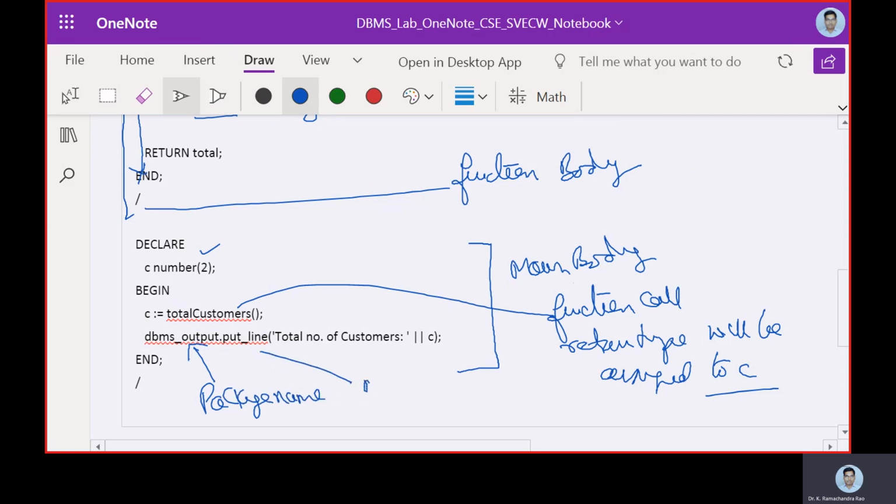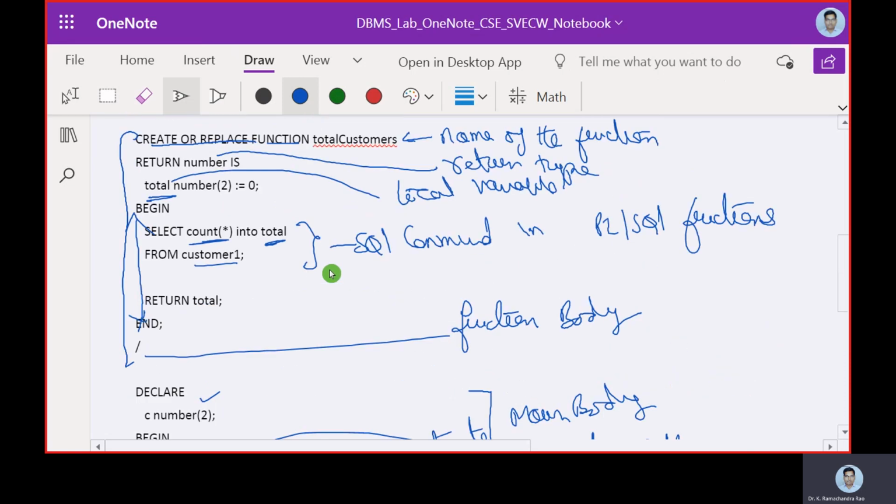Put underscore line, we call it the method name. Pipe is nothing but the concatenate operation, and slash is a reserved word that needs to be used.